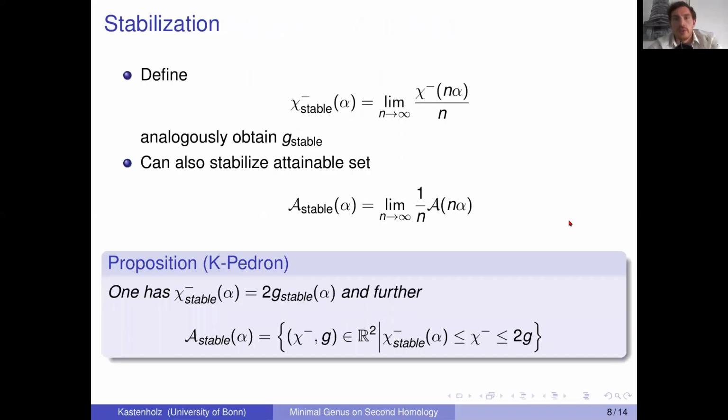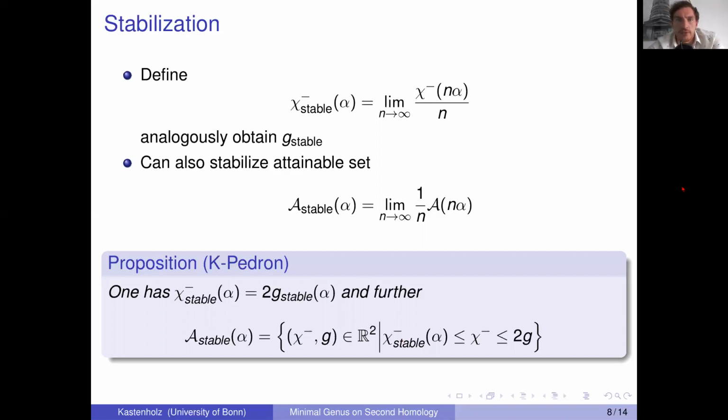There's something else you can do, and this should be seen in parallel to how you can stabilize the commutator length. One can also stabilize chi minus, or the genus, by taking these limits here. And of course, one can also stabilize the attainable set. And here's a proposition of ours that once I do that, all the fine structure of the attainable set vanishes. Namely, the genus and chi minus basically become the same invariant, and the attainable set is completely determined by